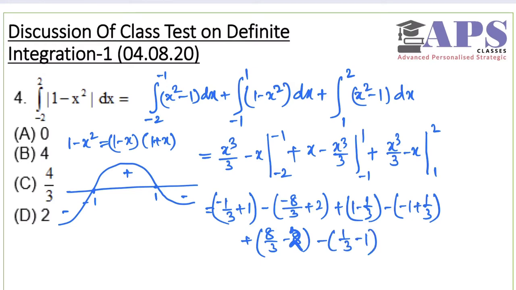So these are the values. Now let us see which terms are cancelled and which terms are remaining here. Okay, so I have minus 1 by 3, minus 1 by 3, minus 1 by 3, minus 1 by 3. I am having 4 minus 1 by 3 terms here. Okay, this is minus 1 by 3, this is minus 1 by 3, this plus, but outside minus, this is also minus. So that gives me minus 4 by 3.